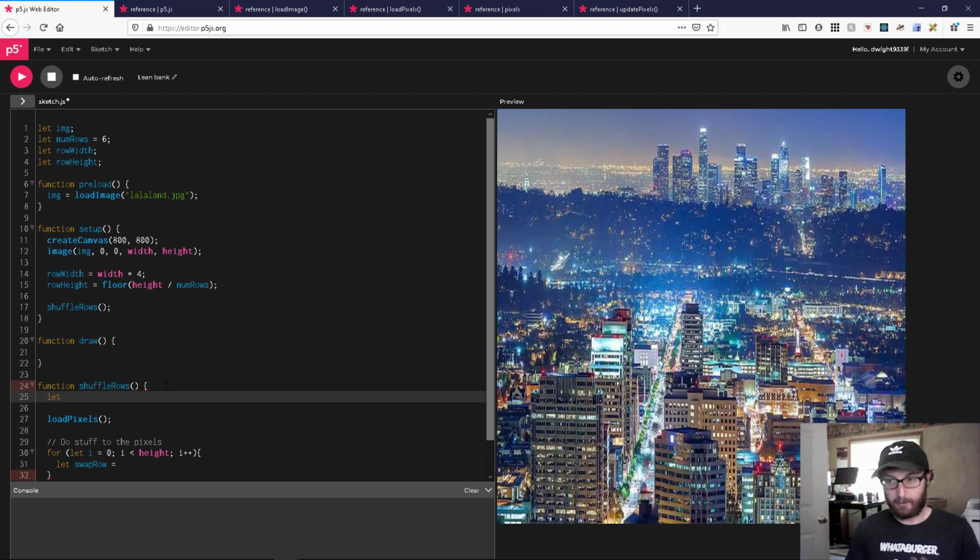So we'll call this shuffled. P5 has a built-in shuffle function, which is nice. And in Python it's really easy. You can just call range on a range of values, but in JavaScript it's a little trickier, so we're going to have to